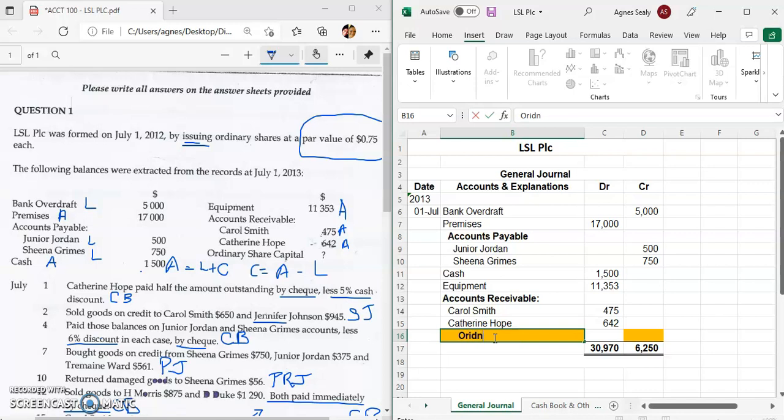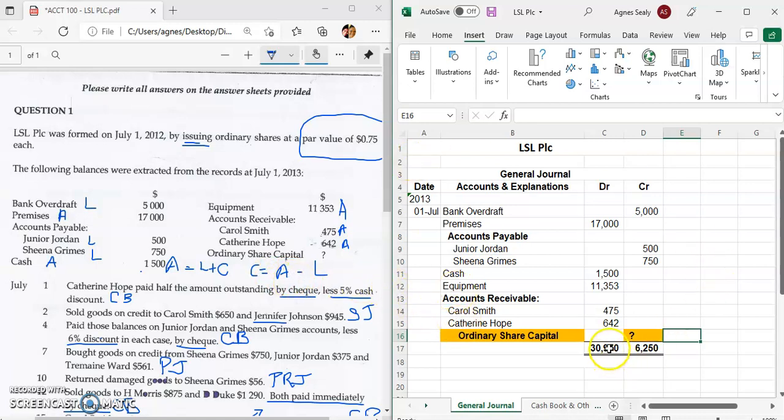What we do not know is the value of our ordinary share capital. We don't know what this figure is. So this is what we have to now calculate. We have all our assets and all our liabilities so far. So we're going to use the accounting equation, which states assets equals liabilities plus capital. And we're going to transpose or flip that equation and say that our capital, whether it is for a sole trader or a company, is equal to our assets minus